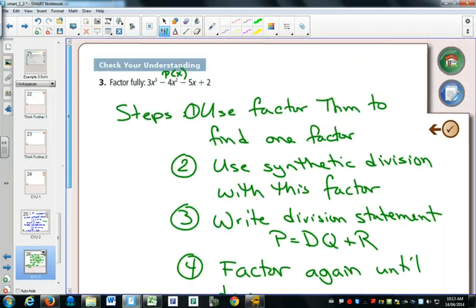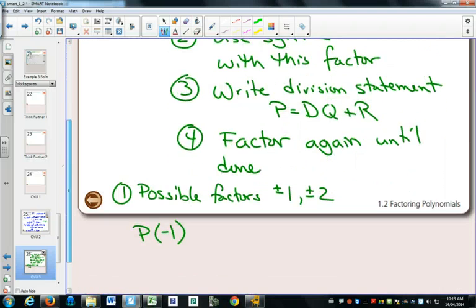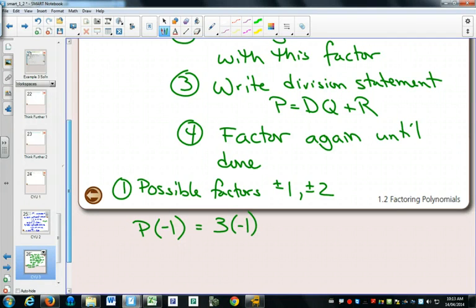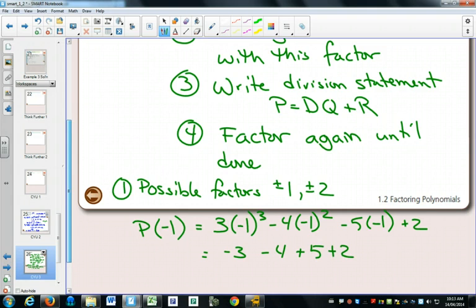Plug it in. 3 times -1 cubed minus 4 times -1 squared minus 5 times -1 and +2. -3 minus 4 plus 5 plus 2 is equal 0. Yes. So that means